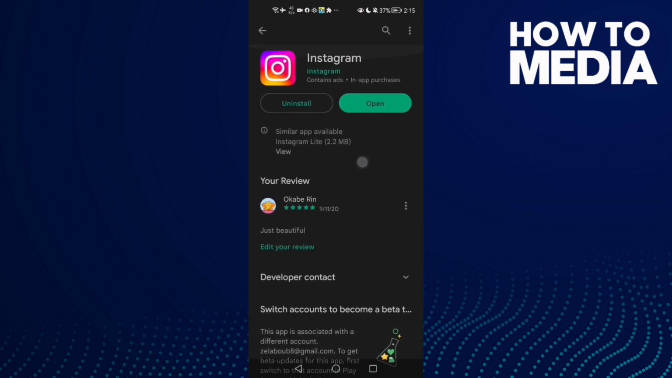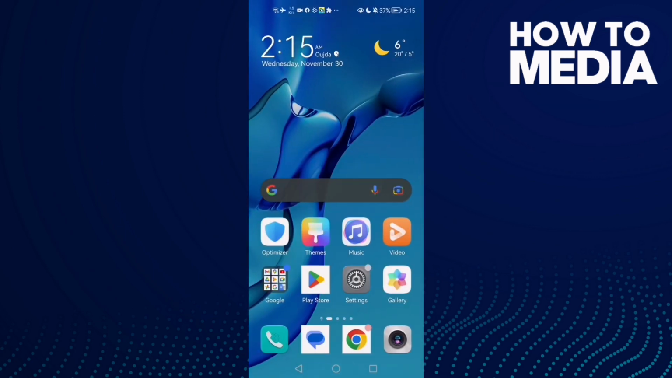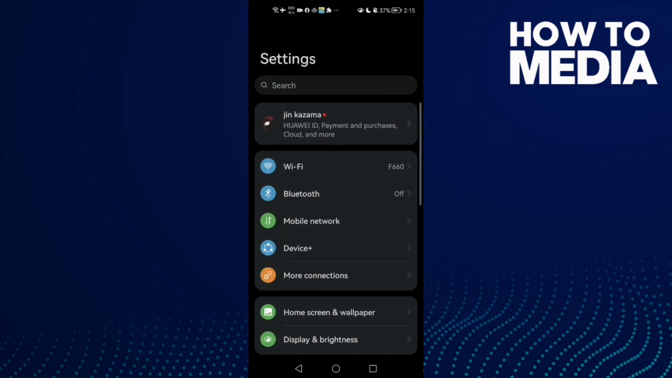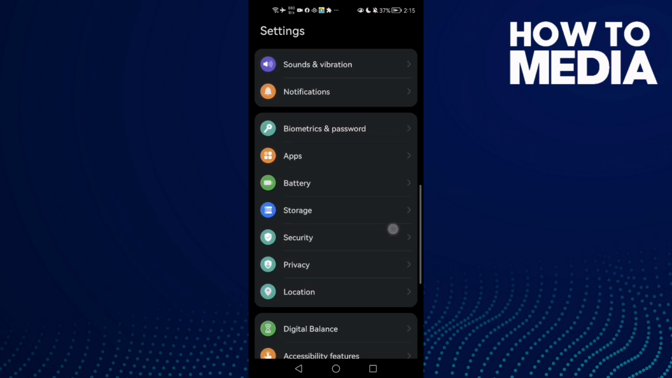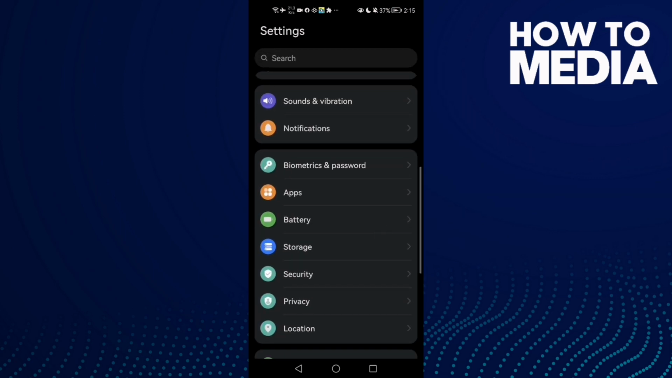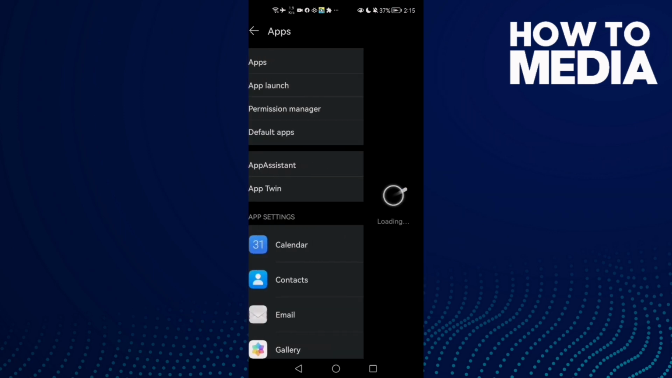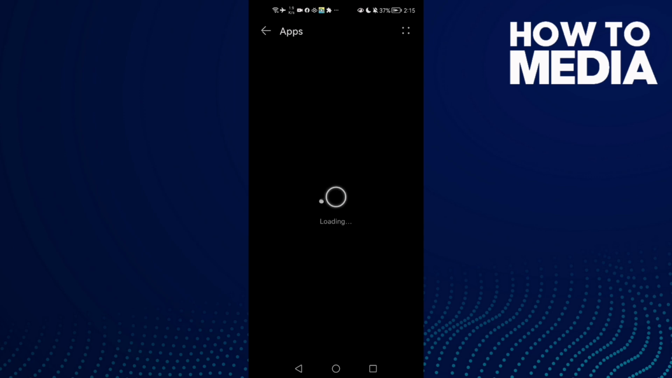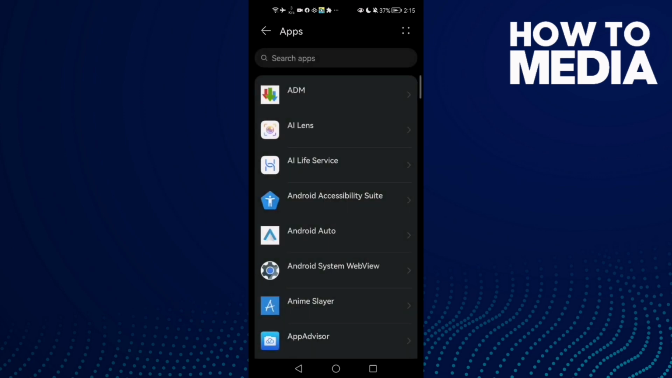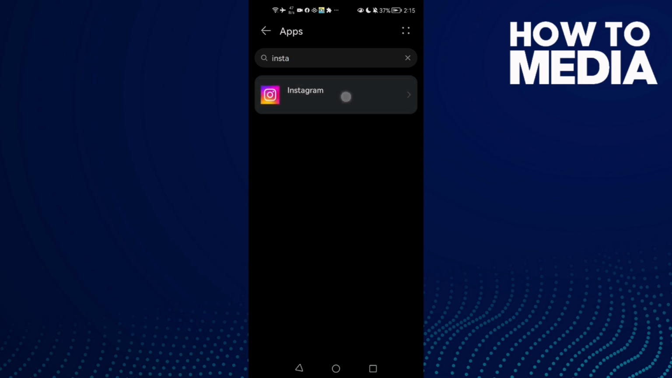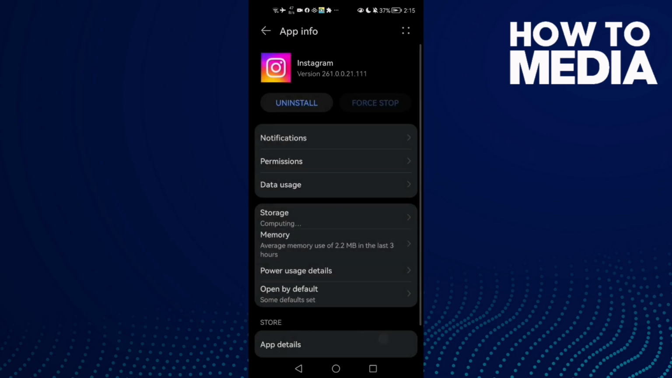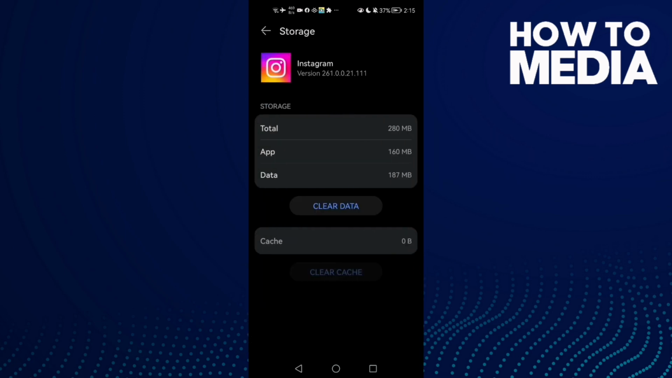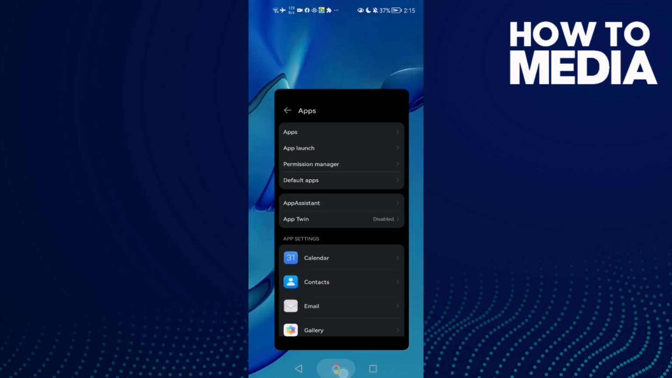Just see if there's any update here, and if that doesn't fix your problem, then go to settings, scroll down until you find apps and then click apps again. Now type here Instagram, click force stop, go to storage, clear cache, and if you have an iPhone just go